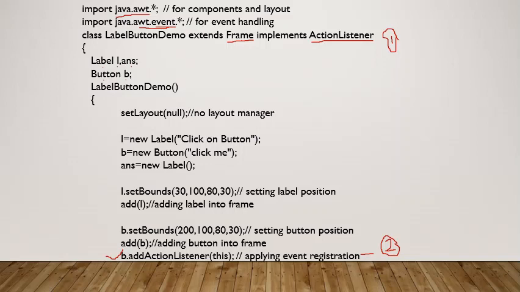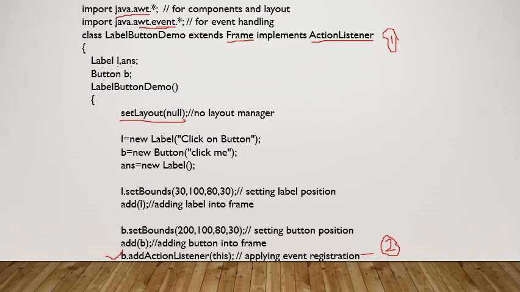If you don't want to follow any sort of layout, the simple way is to write setLayout(null). The default border layout of the frame will be suppressed, and a null layout will be set in its place. Null means none of the layouts is applied, so now you are free to place the components wherever you want.